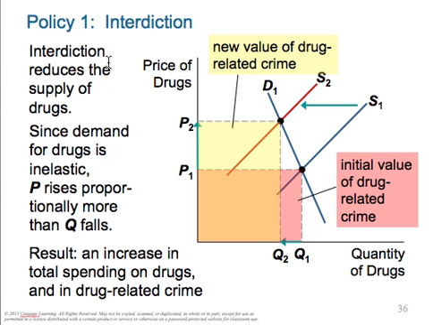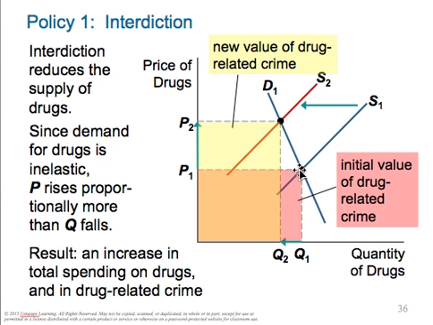The drug interdiction, the drug war, if you will, reduces the supply of drugs. Since the demand for drugs is inelastic, price rises proportionally more than Q falls. People are addicted, they want their drugs. Result is an increase in the total spending on drugs and in drug-related crime. So essentially, you started with this original demand, which is fairly inelastic, pretty vertical, and you had this supply of drugs. The drug war, the drug interdiction programs reduce the supply and availability of drugs, but you still have a